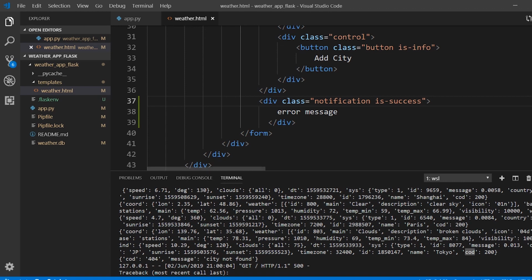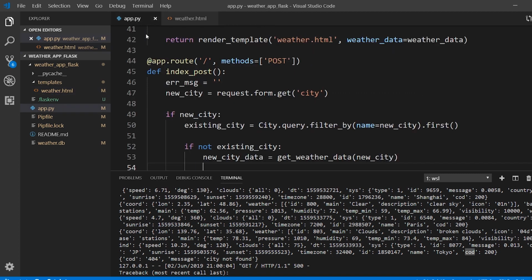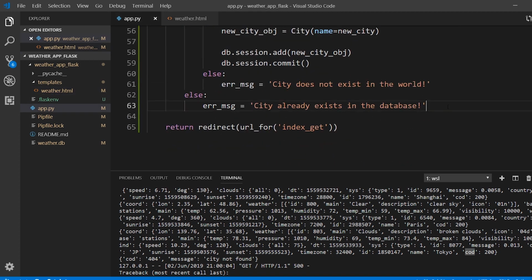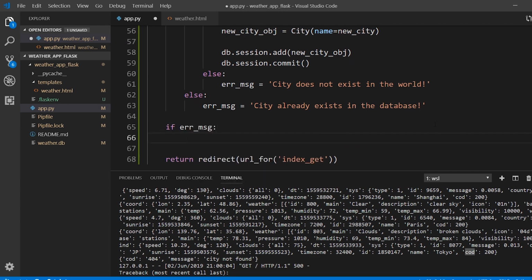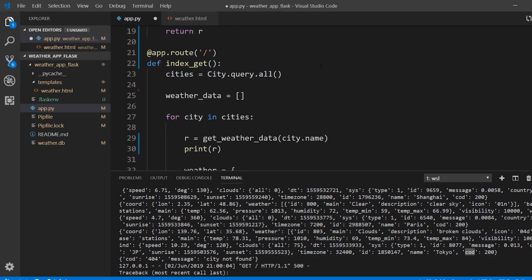Now I want to get the messages through message flashing. So what I'll do here is something like this: if error message, I want to do one thing, and if there is no error message, then I want to do something else. Basically, if there's an error, I want to flash an error message, and if there isn't an error, I want to flash a success message. So first I'll import